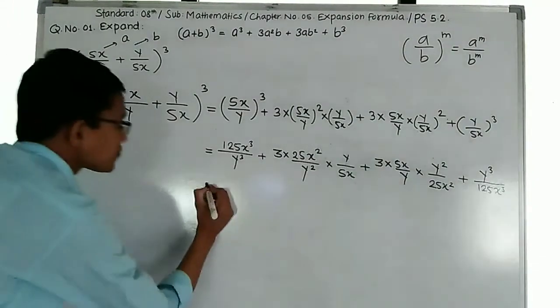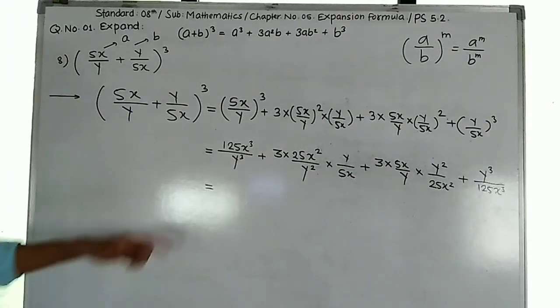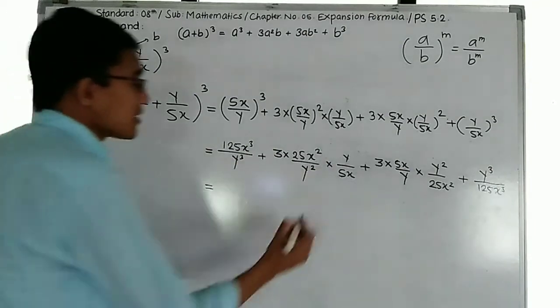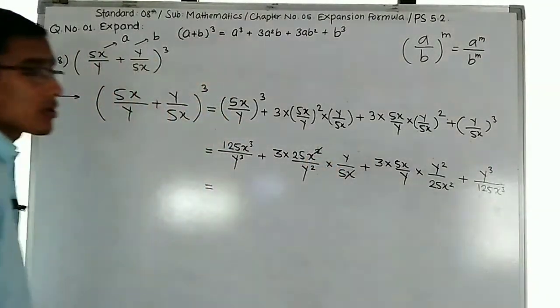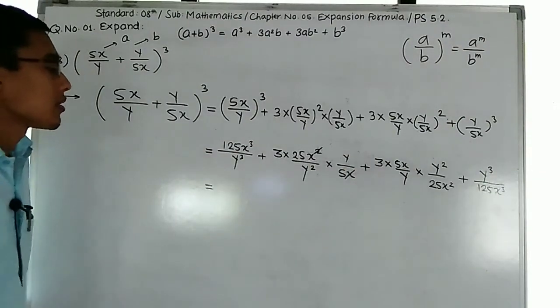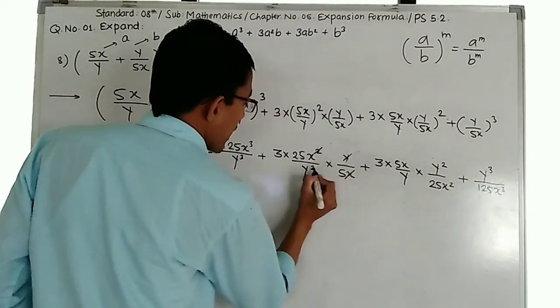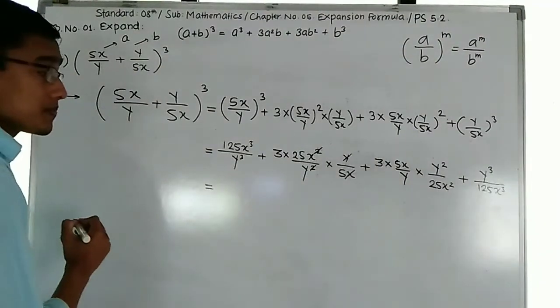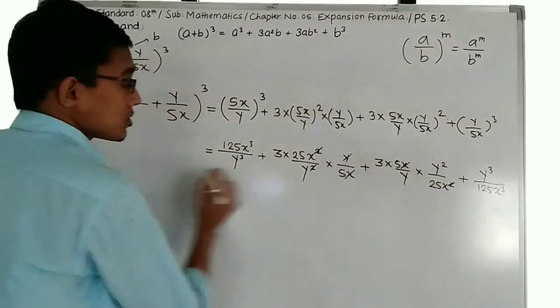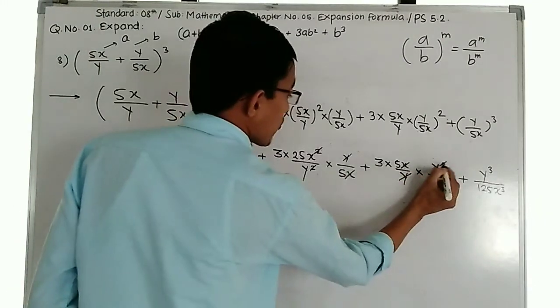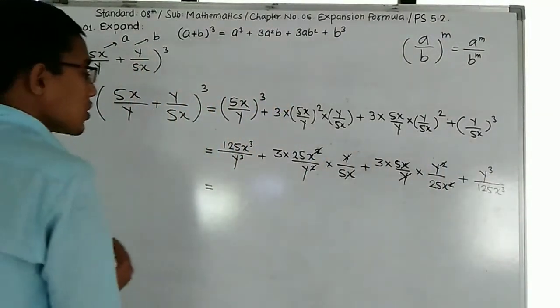Now we will simplify it further. So this x and 1x from here get cancelled, this y and 1y from here get cancelled, and this x and 1x from here get cancelled, this y and 1y from here get cancelled. So we got